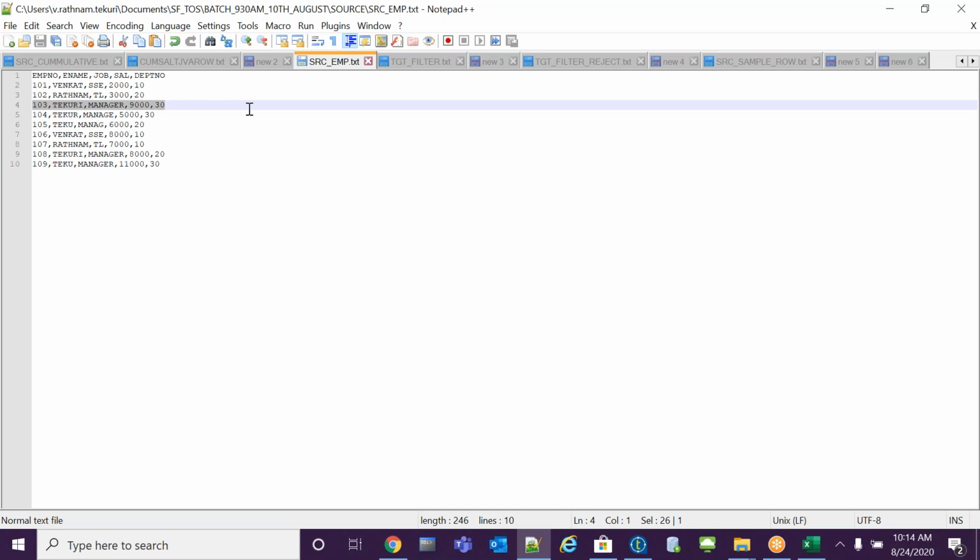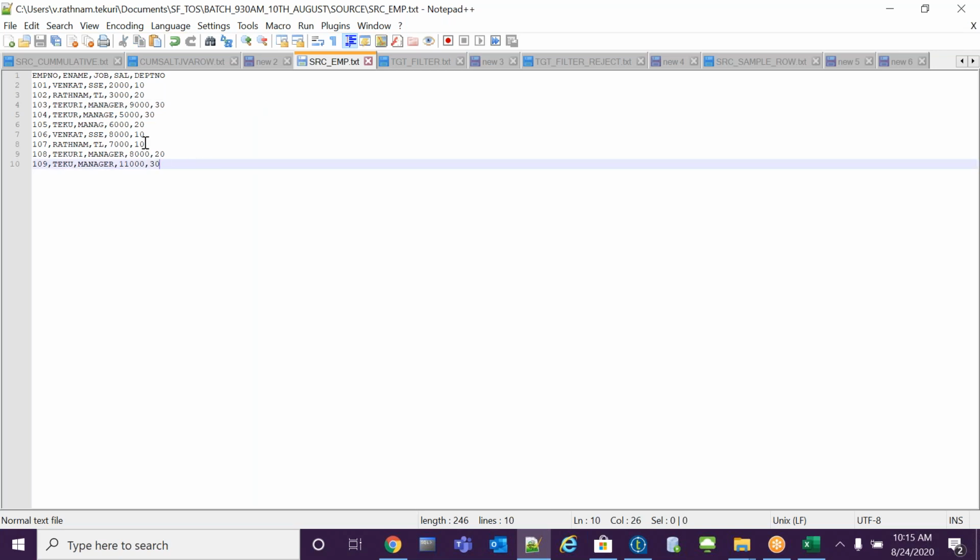Can somebody tell? Use T aggregate row on the salary and the maximum salary, and apply T sample row and second row. When you take the T aggregate row, if you give maximum it will give this record, 11,000. This will not give 9,000, right? But I want the second maximum, not the first maximum.